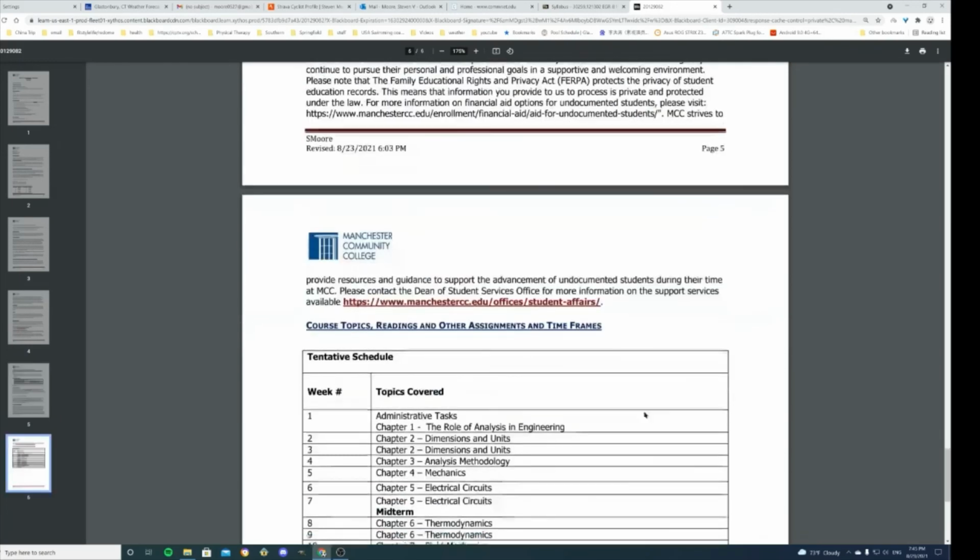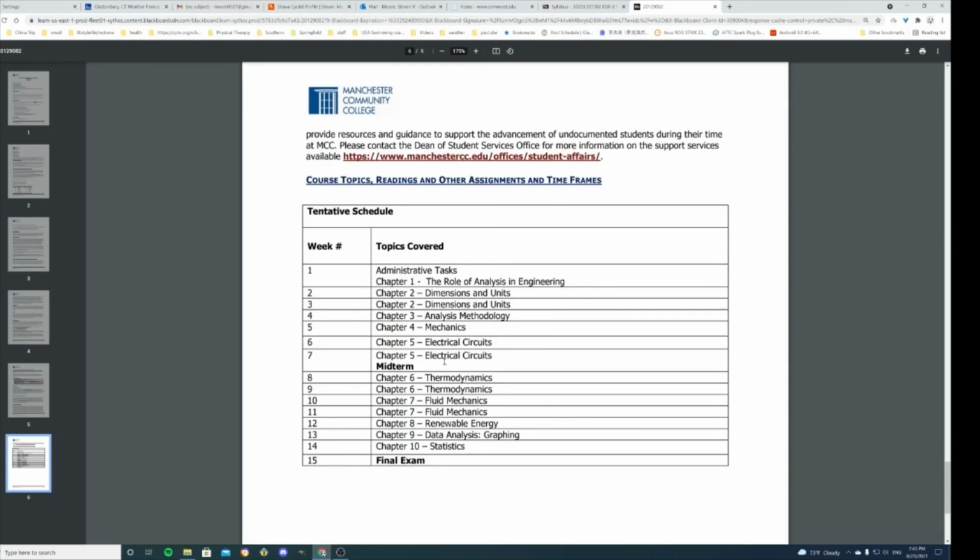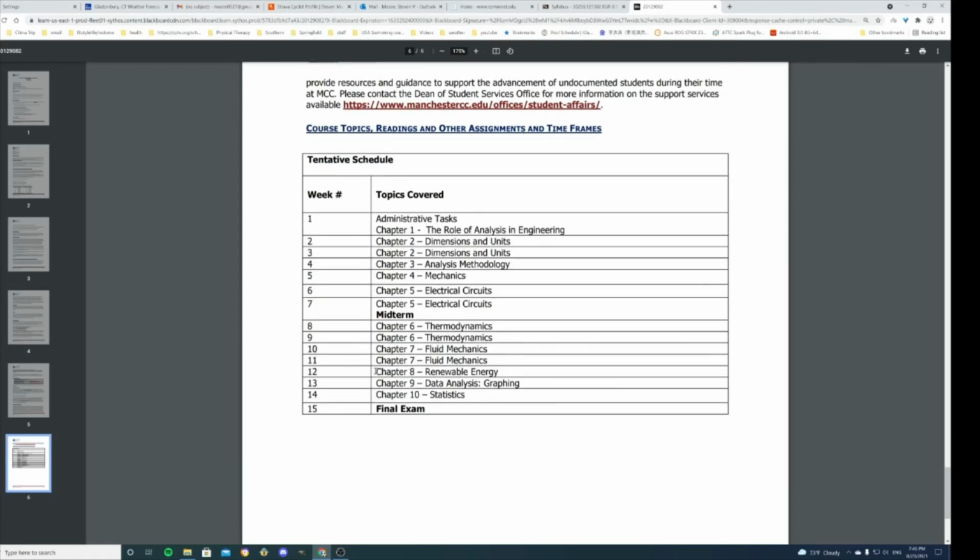Okay. And here's just a quick overview, tentative schedule. What we usually do is get through pretty much everything all the way through chapter 7. And chapters 8, 9, and 10, usually these are just small pieces of these particular chapters. It might only be one section from each one, okay? But if everything goes well, we'll get all the way through 7 completely, and then a little bit from 8, 9, and 10, all right? And that's pretty much it.